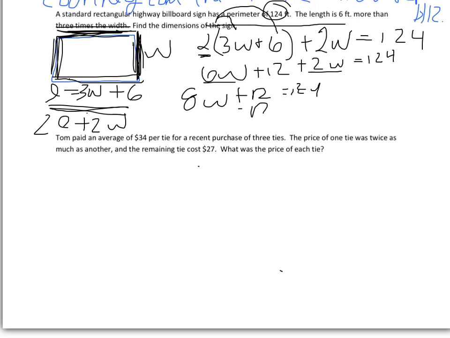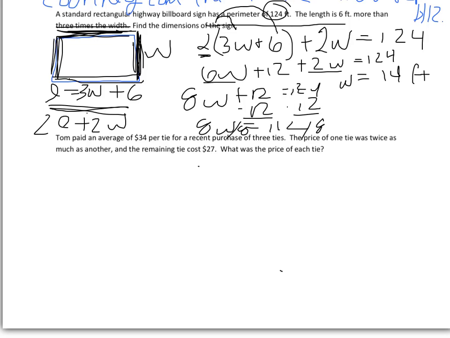Subtract 12, so we get 8w equals 112, and then divide by 8. 112 divided by 8 is 14. So the width is